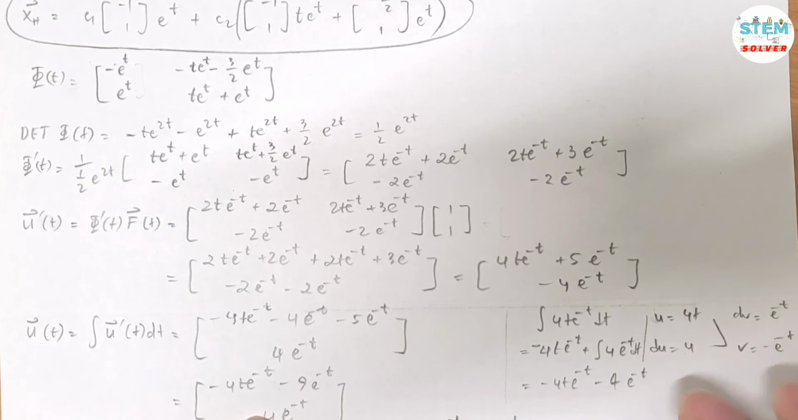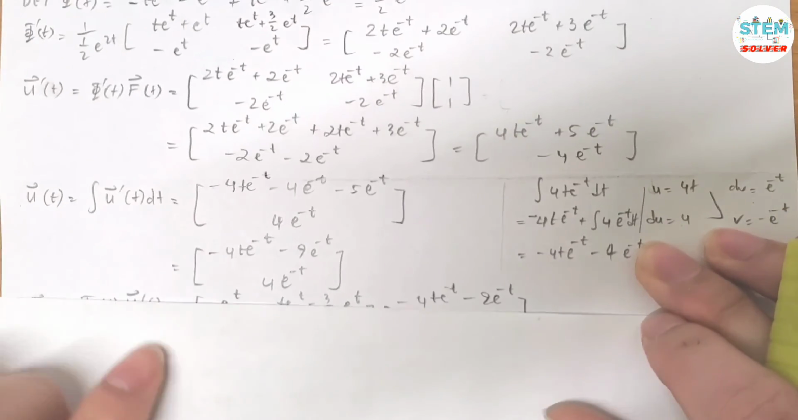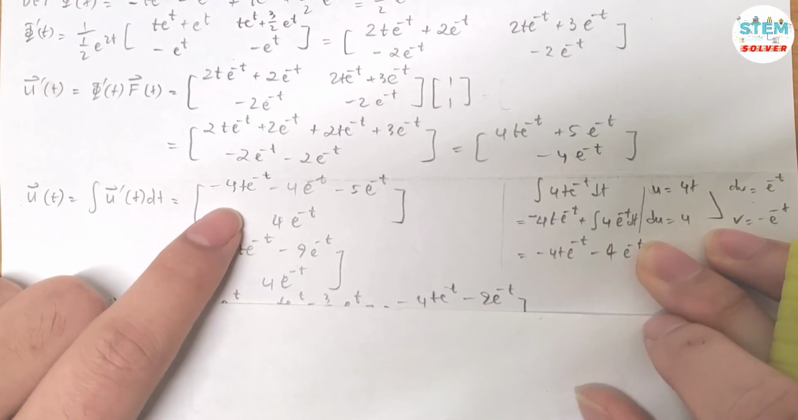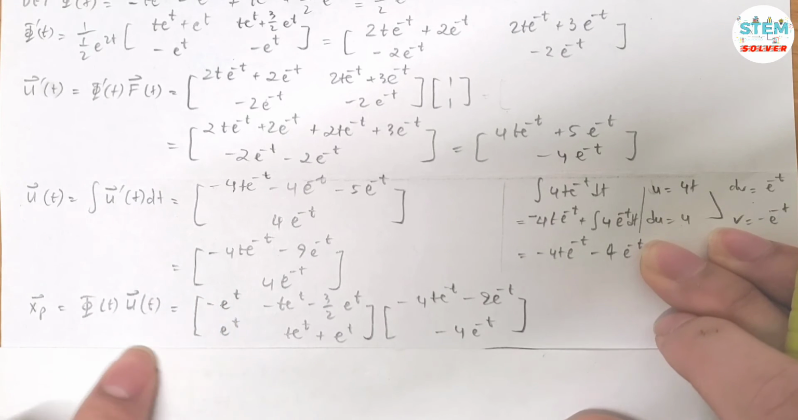Now after you figure out the integral of this one, simplify it, it gives me this matrix. Okay, so for